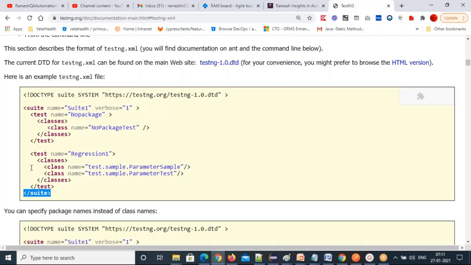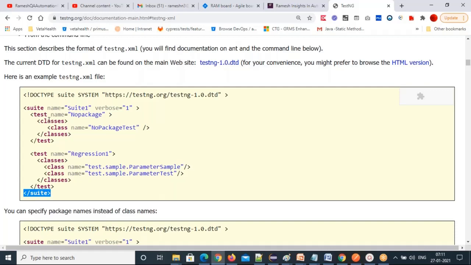So this is the complete suite syntax. And what are the tags that will be there? First suite tag, then test tag, then classes tag, then class tags inside. Each individual class you will represent with a class tag. Then attributes must be there. In every tag there is a name attribute.